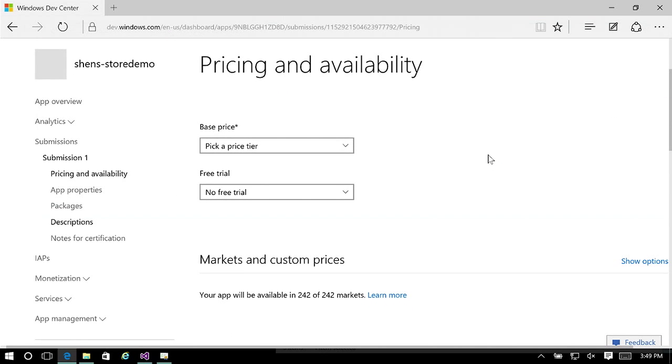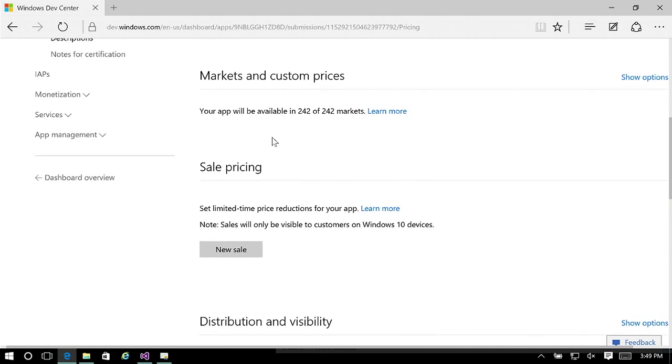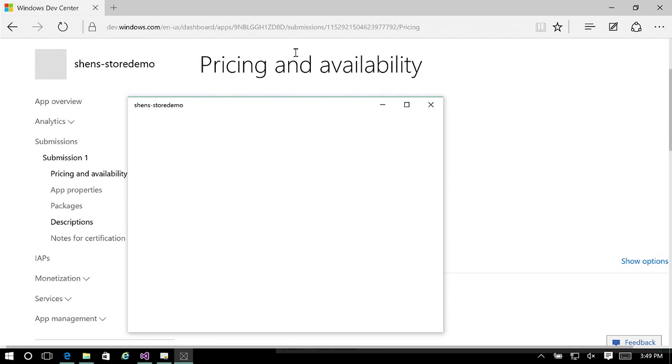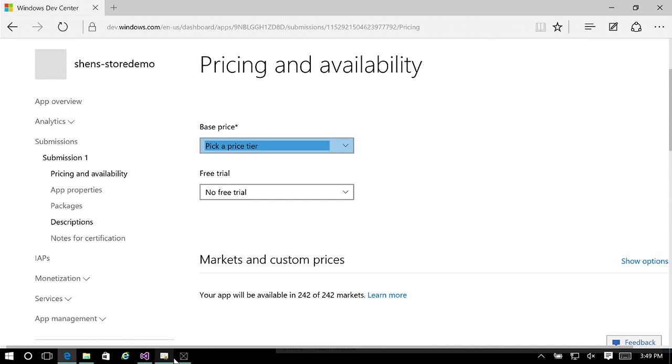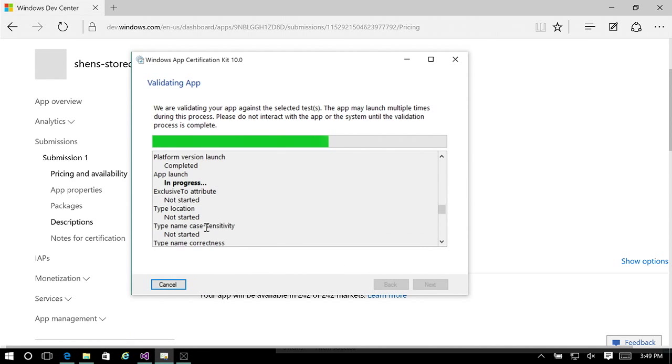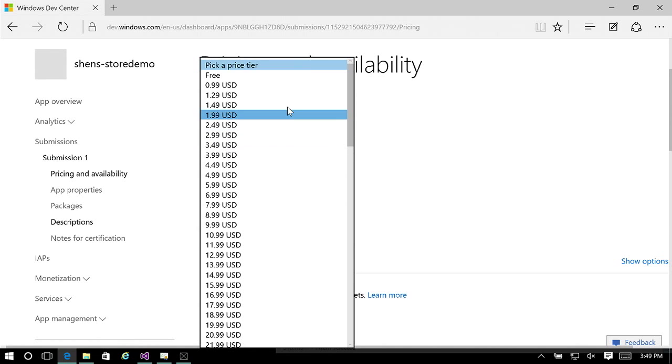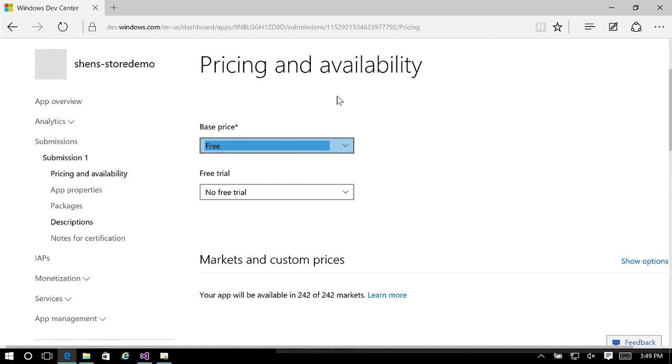So the nice thing here is I can select different prices in different markets. Let's start off with how much you want to charge. I think it could be that it's waiting for app launch, could be me forcing in the background. Okay, I'm going to say free, because I want to share my application with everyone